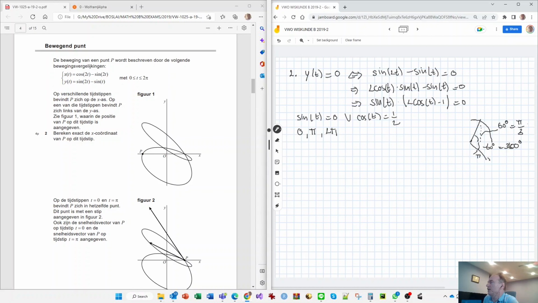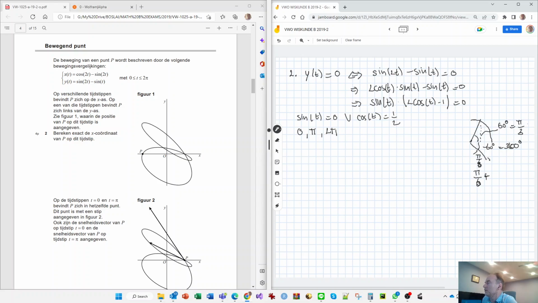This will also be pi over 3 plus... No, not pi over 3. This is pi over 3, this is pi over 6, this is 30 degrees. Just as here, so we'll get pi over 6